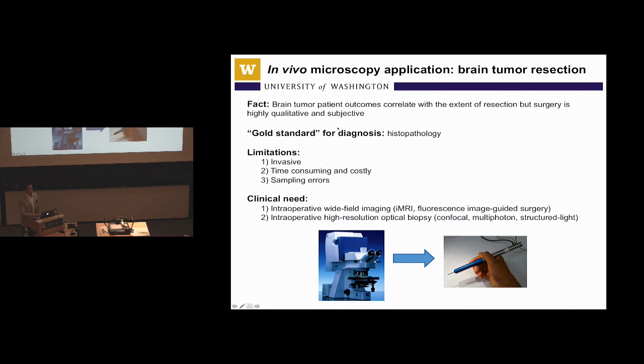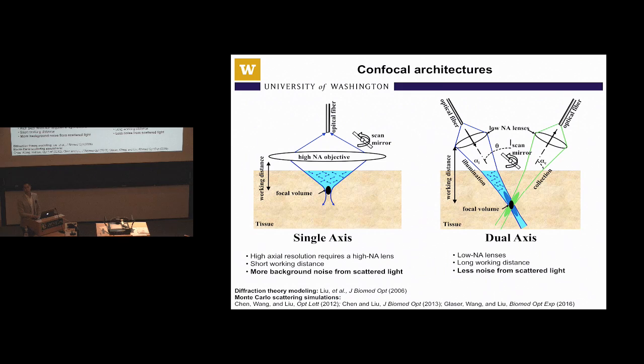And the reason for that is because the gold standard for hundreds of years has been based on microscopy, being able to see cellular nuclei and observe the cellular and glandular architecture. That's the most reliable way to date of being able to diagnose what a tissue is. So we're working on what's called a confocal microscope, and I'll go over the conventional confocal microscope architecture, known as a single-axis confocal architecture, before talking about our technology over the last few years, which is the dual-axis